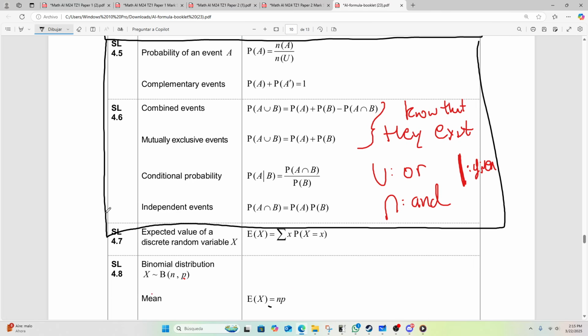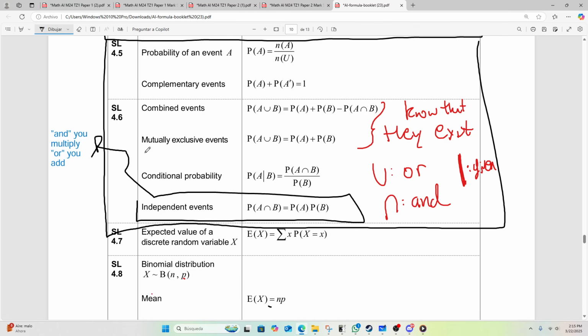And the last thing I can mention is that in the world of probability, and you will see this if you click on one of my videos, whenever you're thinking in terms of and, you multiply. If you're thinking in terms of or, you add. Okay, and this is in terms of probability. That's also why these independent events are multiplying each other. Because you think in terms of and, so they multiply each other. See?